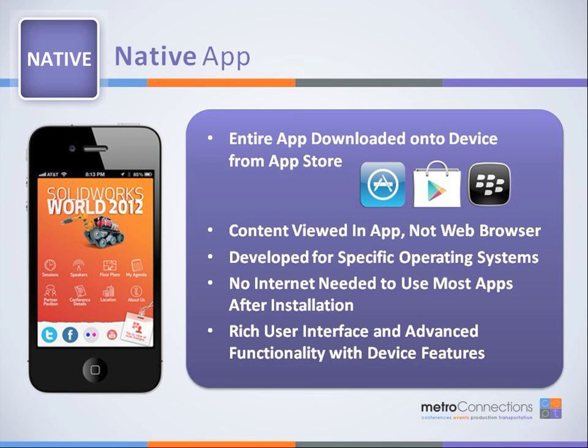The one thing that native apps give you, because you're downloading it to your phone, is the ability to have a little bit richer of a user interface. And by that I mean that you can use a little bit higher resolution graphics because, again, once it's downloaded to the phone, it's saved there, and you're not going through the web browser to use it. So it sounds like the key to the native app is the fact that the whole thing gets downloaded to your phone, just like as if you were downloading Angry Birds or something like that. The whole application. Perfect example. If you download Angry Birds, you could be on an airplane and play that game entirely offline. Same idea for the native apps for the conference and event.